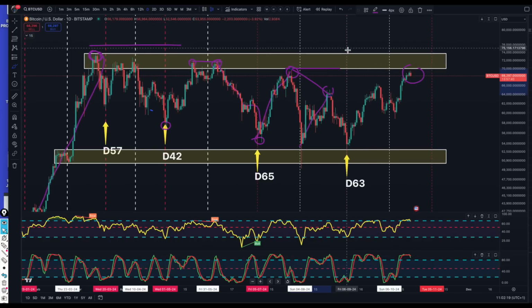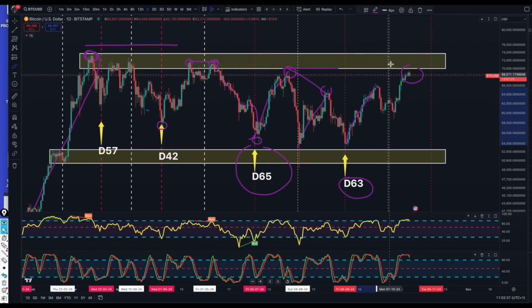So in this current cycle, which started on day 63 from the previous cycle here, as expected, the market went up towards the midpoint of the cycle. Then we had the normal mid-cycle pullback. And then what we've done is we've created a double bottom around that midpoint. And now we've gone above the high of the cycle before the midpoint. So this is now a right translated cycle, the first one that we've got since the all-time high here.